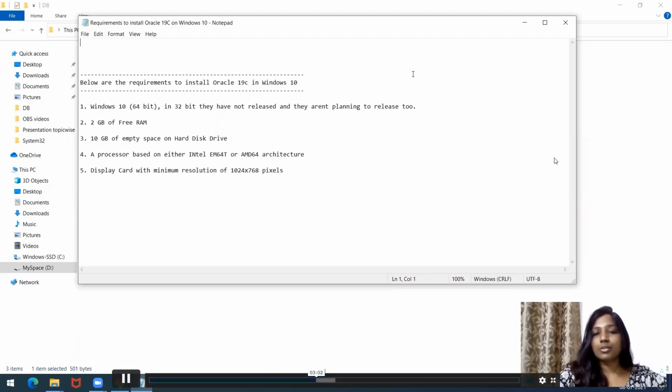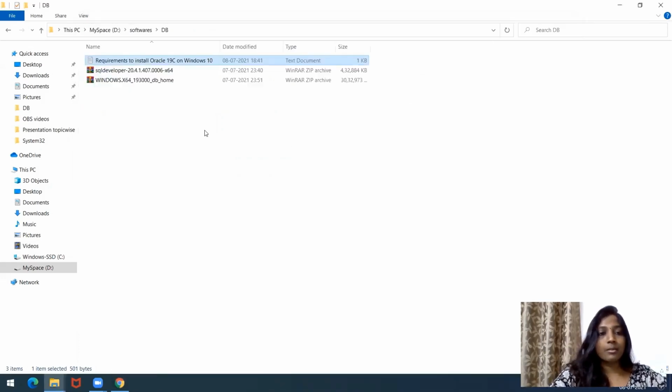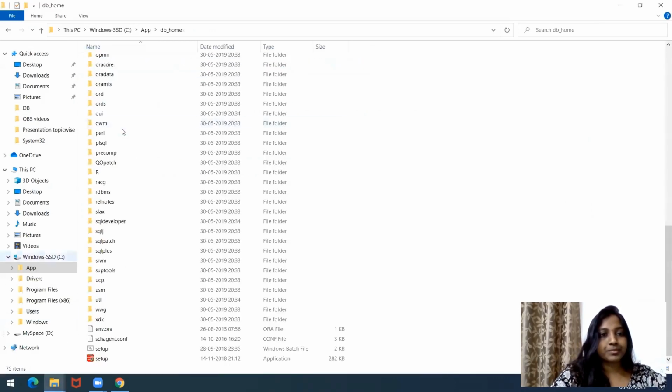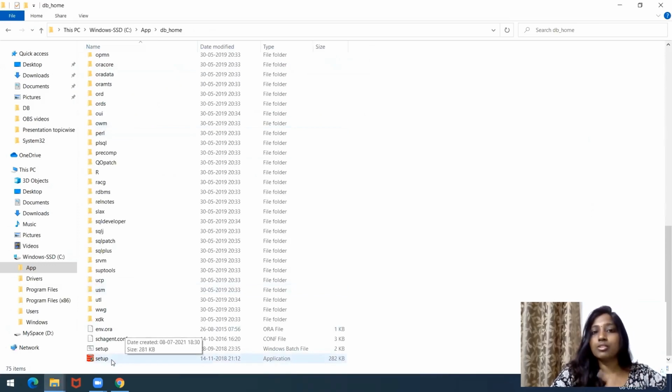Now we are going to start the Universal Installer. Hope you're clear about the requirements. So let's go back to the installation. One other major thing is you should be logged in as an administrator. Otherwise, in the middle of the installation, something might crash. So this is required to be run as an administrator. Log in as an administrator. I'm already an administrator here, so I'm proceeding with the installation.